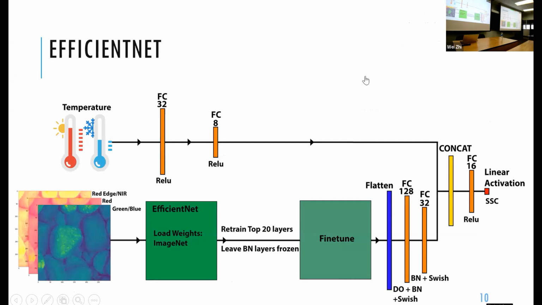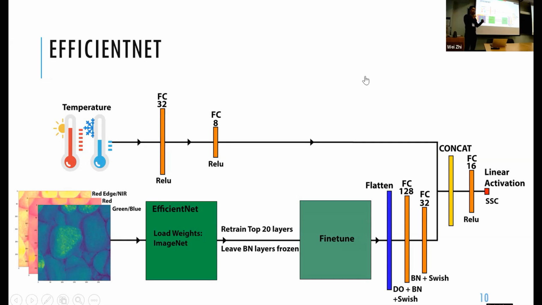So yeah, this is the structure that I came up with for transfer learning using EfficientNet. We got our numerical data and we got our image data. There were 4 different configurations. One configuration was considering the temperature data. One was not considering the temperature data. The other one was considering the fine tuning.